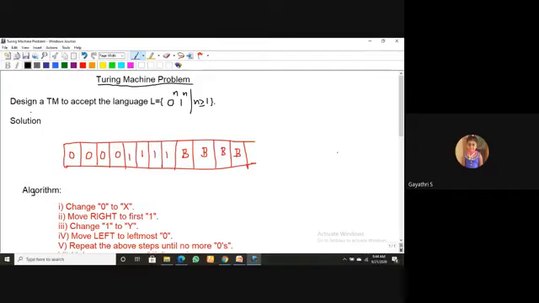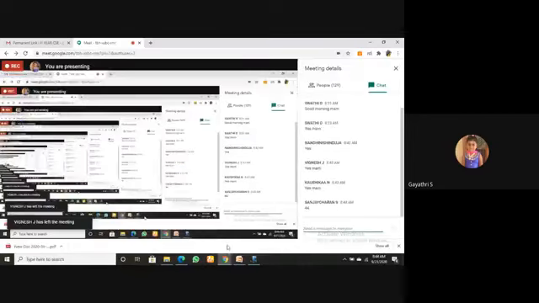So this is the problem definition: design a Turing machine to accept the language 0 power n, 1 power n. We have already drawn a pushdown automaton for this problem, so the same problem for a Turing machine is a very basic problem. I will choose this problem as the first one. So the solution part. I will take some examples on the tape. I will demonstrate a tape here. What is the n value here? Yes, 4.